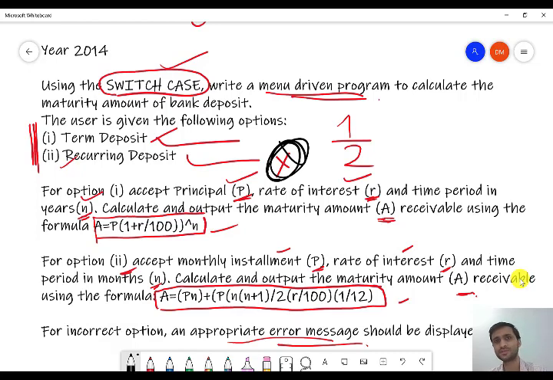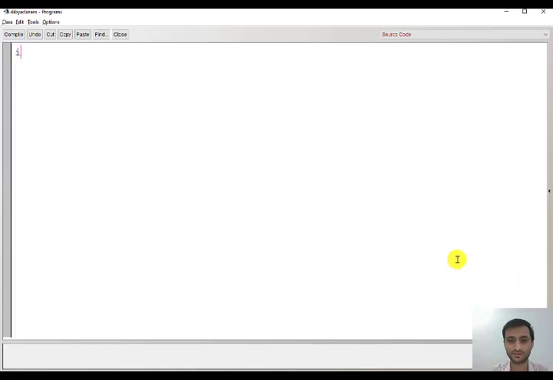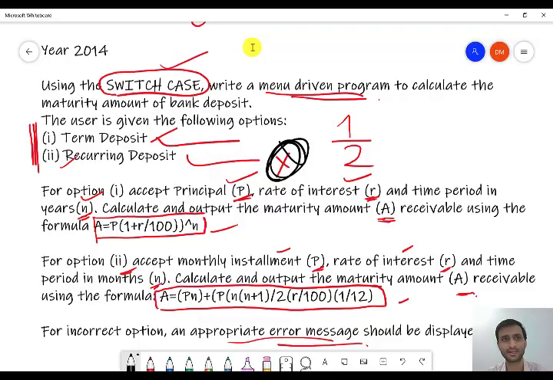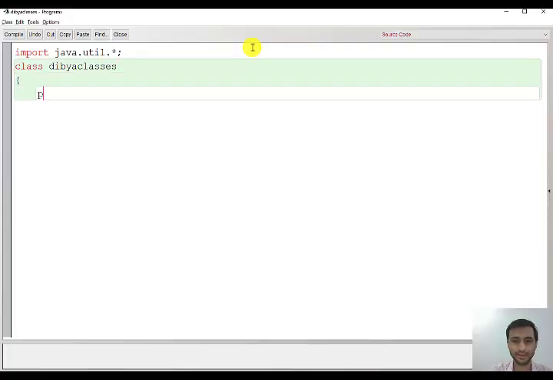So let us start doing this program using Scanner. We'll do this program using Scanner, and it can be easily converted to Buffered also. So first, we have to write the import statement, java.util.*. Then we write the class name. Since no class name is mentioned here, you can take anything. And we'll take a function with no parameter input, but you have to write the throws statement, InputMismatchException.